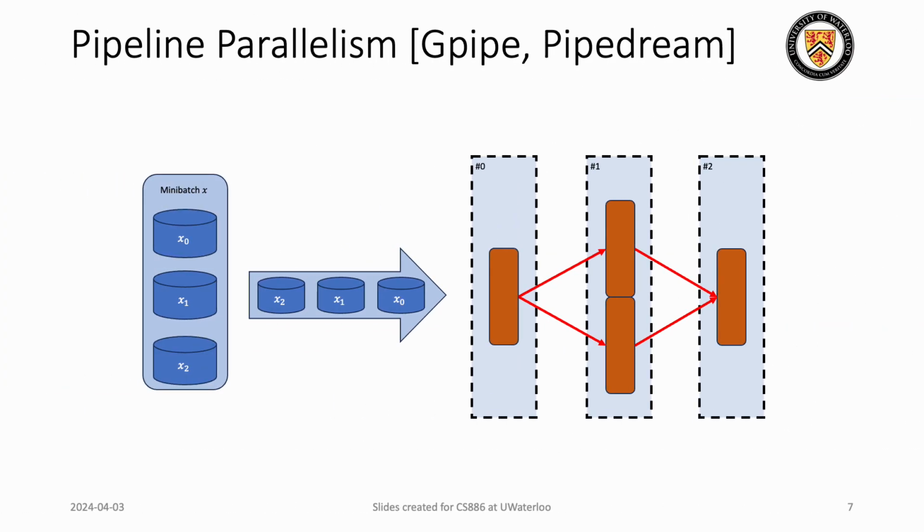So, enter pipeline parallelism. It was introduced in GPipe and PipeDream, and the idea is, instead of having the model copied in every GPU, you have interlayer splitting. So you split the model, so the first layer is on the first GPU, the second layer is on the second GPU, the third layer is on the third GPU, and so on. And so hopefully every layer will have 1 over the number of devices of the weights, so it will have less